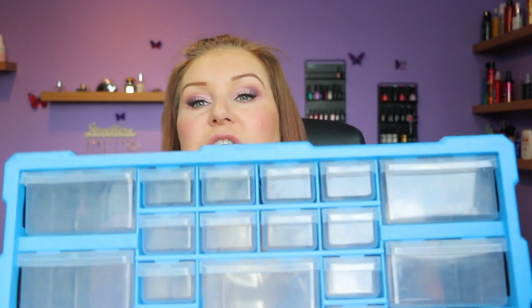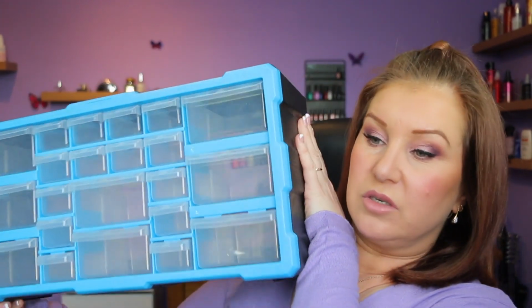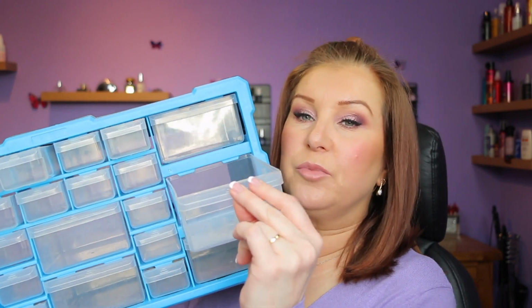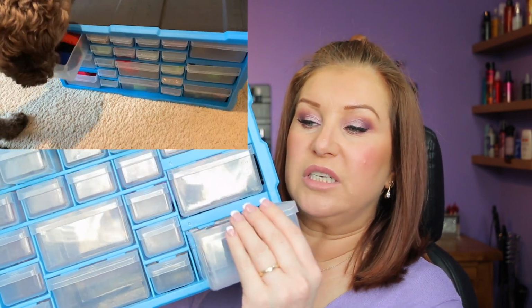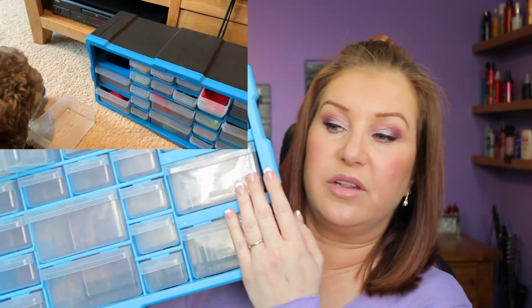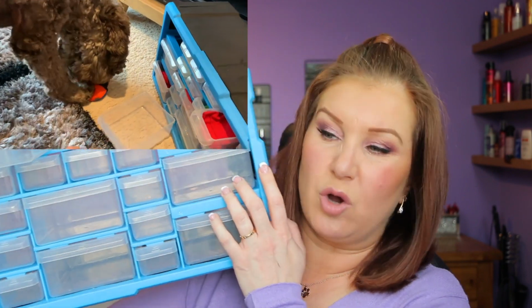Okay, this next one is really quite advanced, but you may have something a bit smaller. I'm going to buy a smaller one actually. I bought this from Amazon. I think it was £20, something like that, and it's just storage boxes. But because they've got this plastic lip, it's great for Watson. So I fill these with, again, just bits of material with little treats in them. I've got lots of odds and